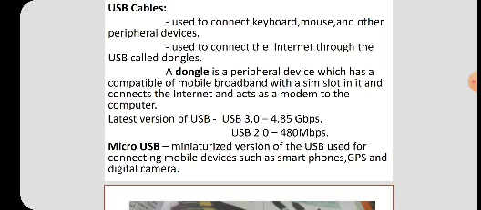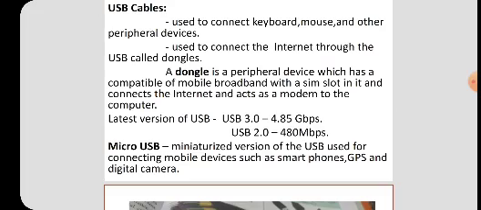The latest version of USB is USB 3.0, which has a data transfer rate of 4.85 gigabytes per second, but USB 2.0 has just 480 megabytes per second. And what is micro USB? It is a miniature version of the USB used for connecting mobile devices such as smartphones, GPS and digital cameras.